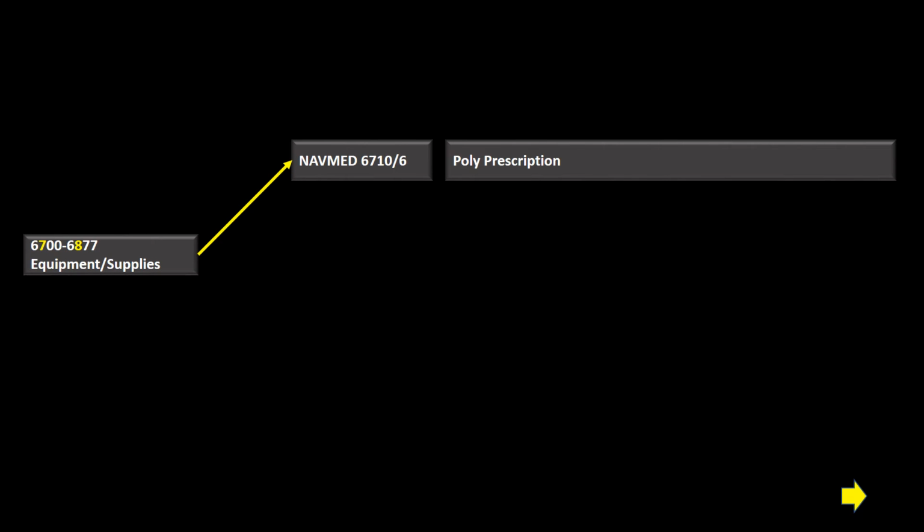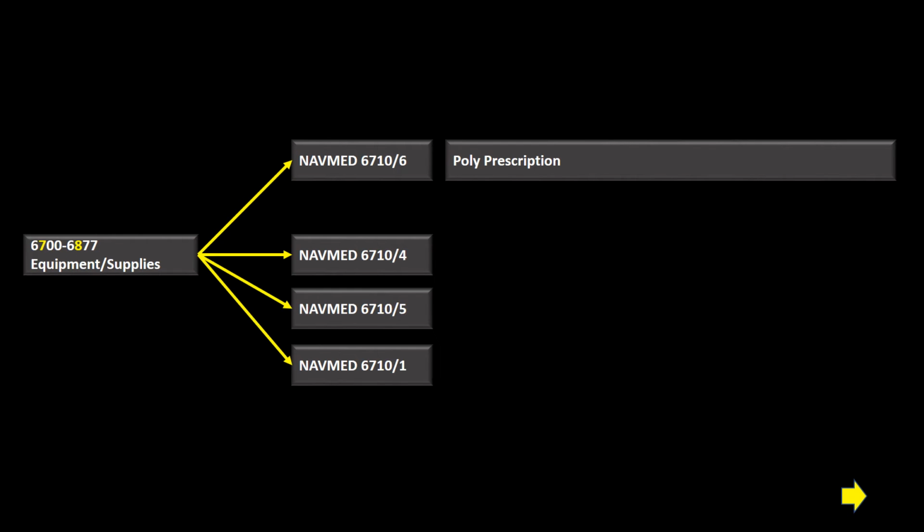The 6700 series has to do with equipment and supplies. Well, let's look at the forms that pertain to equipment and supplies. We've got the NavMed 6710-6. Well, this is our polyprescription medications. We have to think of the medications as a supply, so we use a NavMed 6710-6 to do